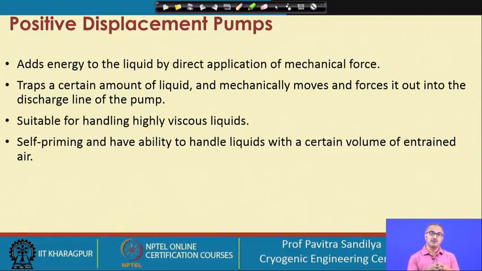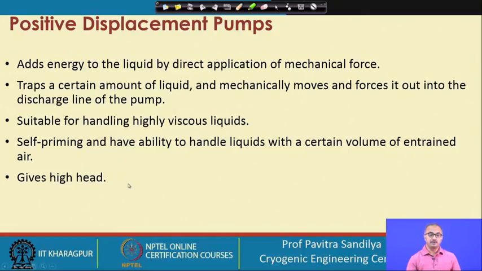So if there is some kind of air trapped inside the pump and it is at atmospheric pressure, then we need that large hydrostatic head of the water column to make the water go into the pump. So there we need some kind of priming, so that the trapped air should not stay inside the pump. In a reciprocating pump, there is no problem with this, because whatever trapped air is there, whenever we use mechanical force, we are able to drive out the trapped gas, trapped air, and that is how it is a self-priming kind.